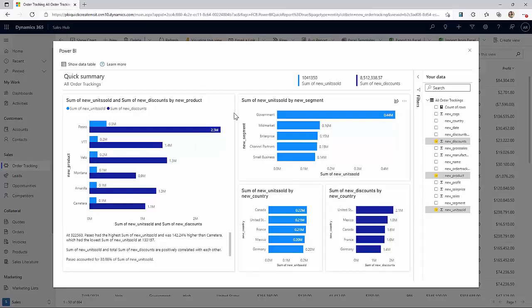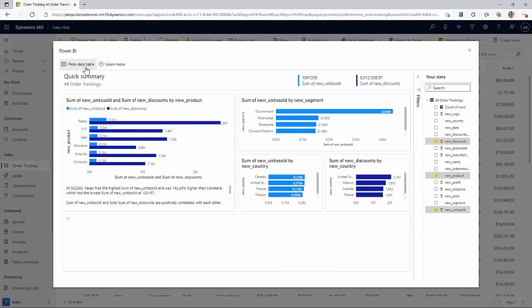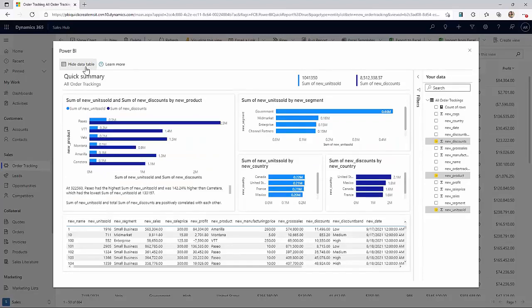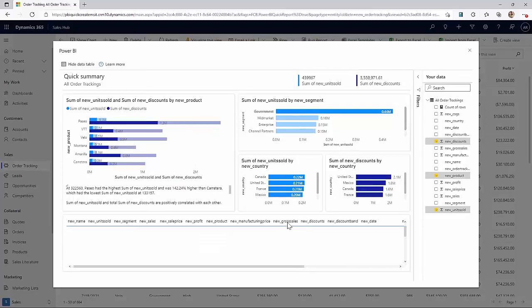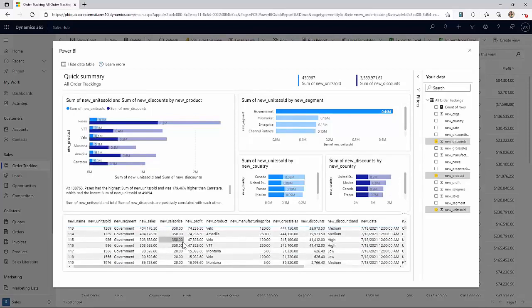to see. You can also quickly see the data that was used to generate this report by using the Show Data Table option. This will update the report to show the actual rows of data from Dataverse right at the bottom. And then you can also do things like cross-filtering to filter the specific table as well, so that if you're interested in seeing the full rows of data from Dataverse, you can get down to the exact rows that you're interested in really easily